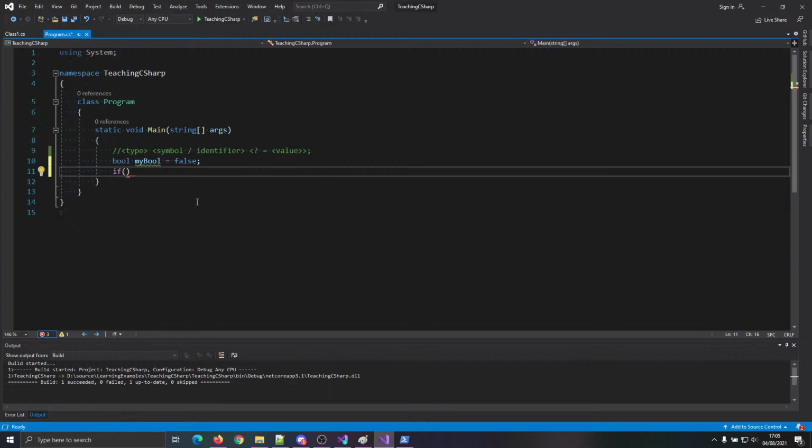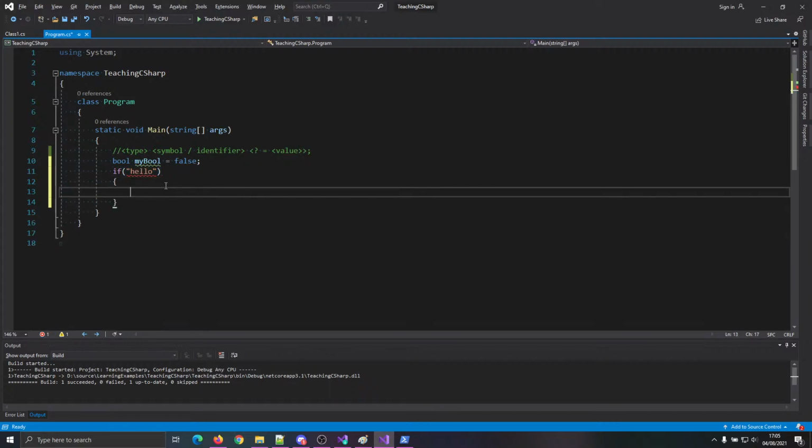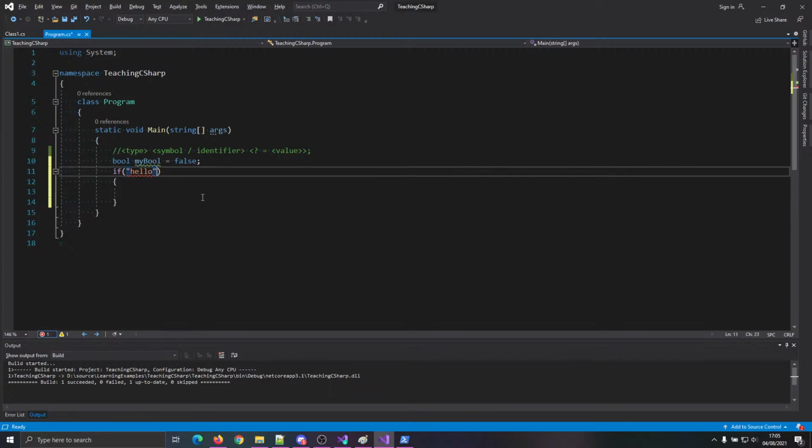So inside of our if, inside of the parentheses here, we can put a bool, something that evaluates, that's the word, evaluates to a bool in the end. So you can't just do something like hello, because that doesn't evaluate to a bool, right? Cannot implicitly convert type string to bool. Makes sense. But what we can do is put my bool, for instance,